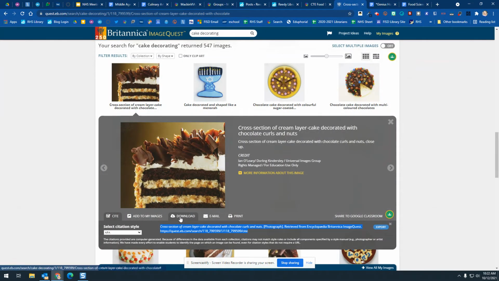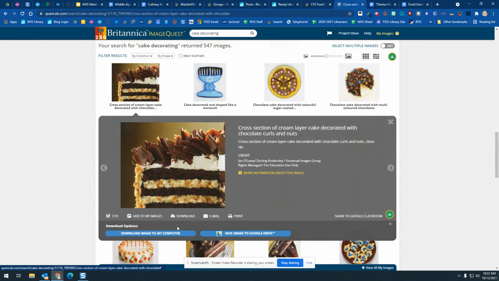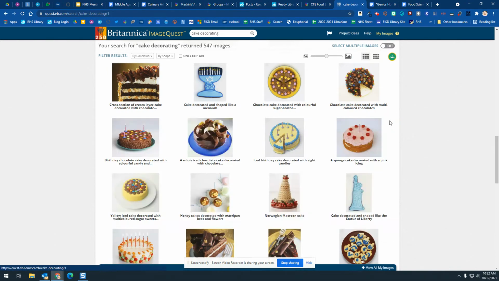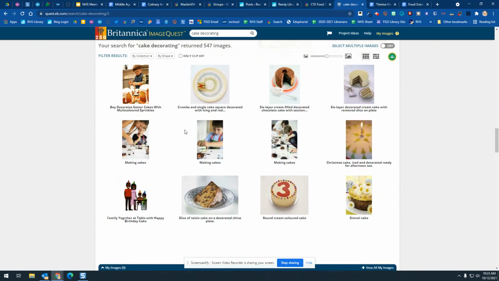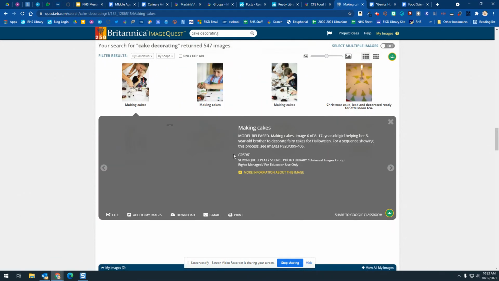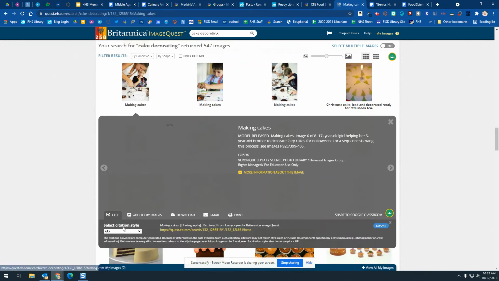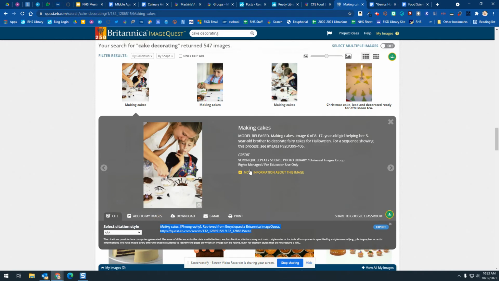So I'm going to come up here and click download and download that image to my computer, or I can save it to my Google Drive so that I can use that image in my project. And you can just go through and see if there's others, maybe I want to use this one too. So again, I would just grab that APA citation here and put it in my references page,